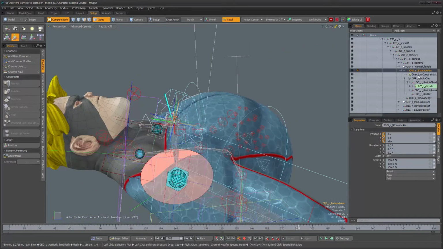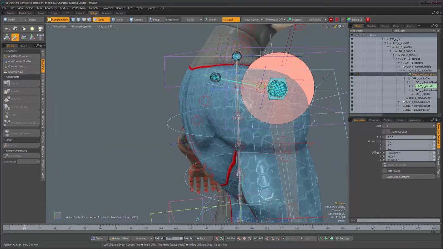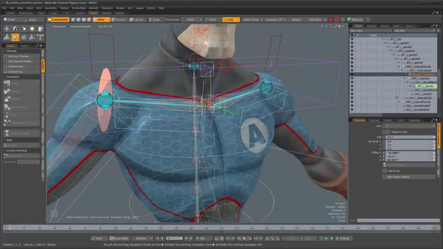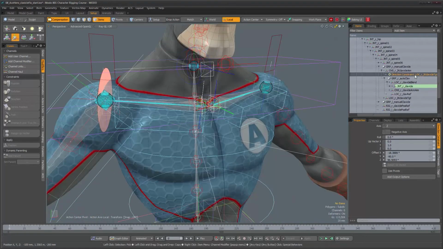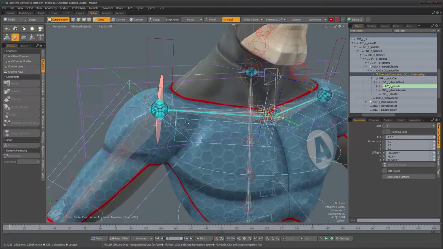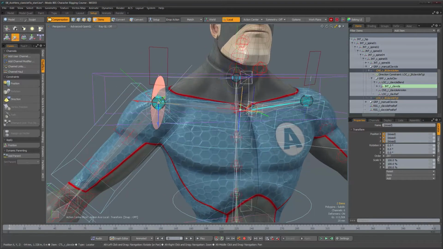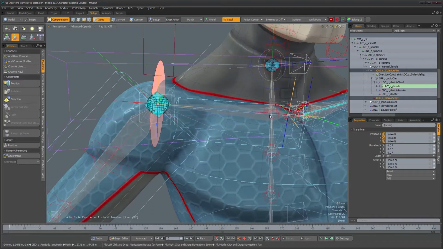So let's see what it's doing. There's a channel modifier connected right there. I'm gonna go back to frame 0. And it's a direction constraint. Okay, that is pointing towards probably some locator here. Right there. It's pointing towards this guy. So this is part of the